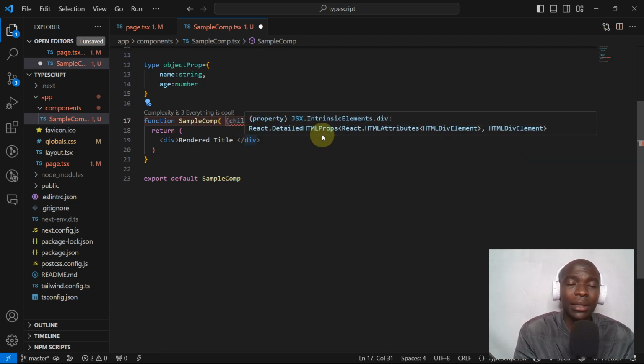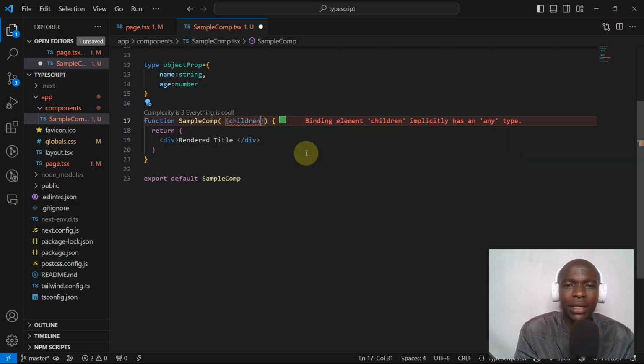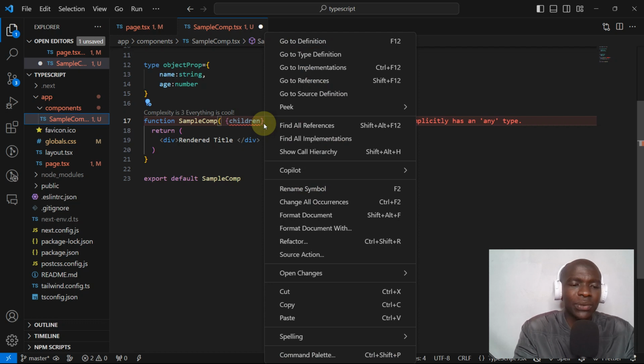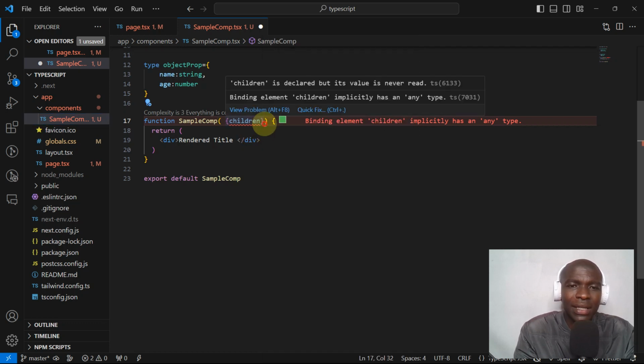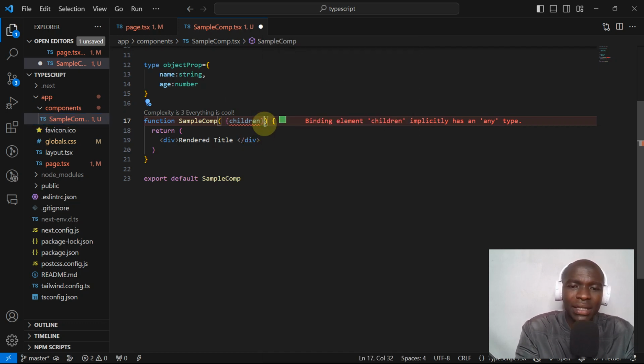As you can see, TypeScript is complaining that binding element children implicitly has an any type. You know by now that TypeScript doesn't want us to have any types, meaning that everything must be properly typed. This is a problem, so we need to assign a type. So how do we assign a type on this? The type of children is a